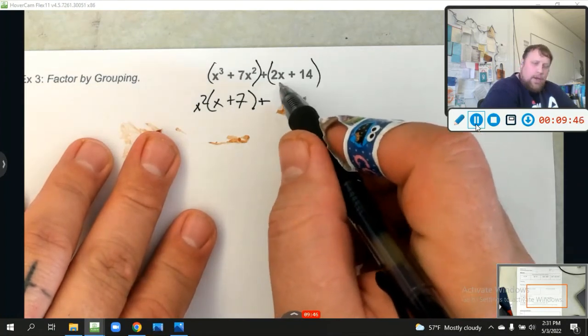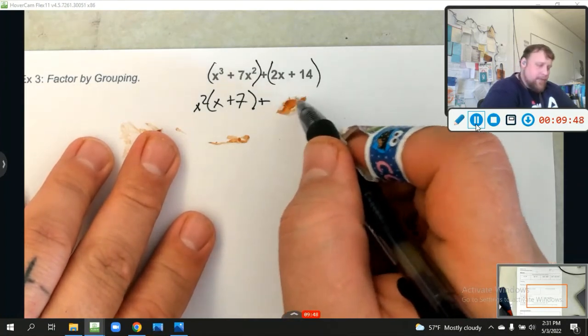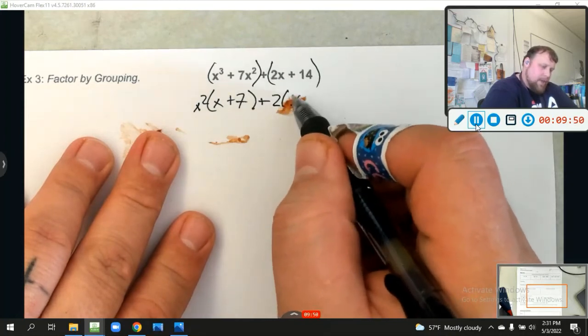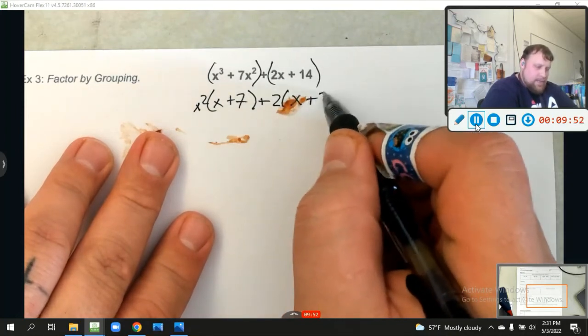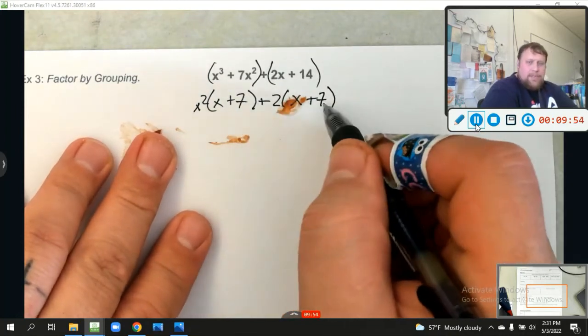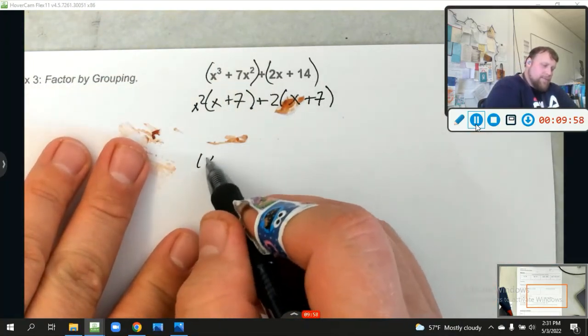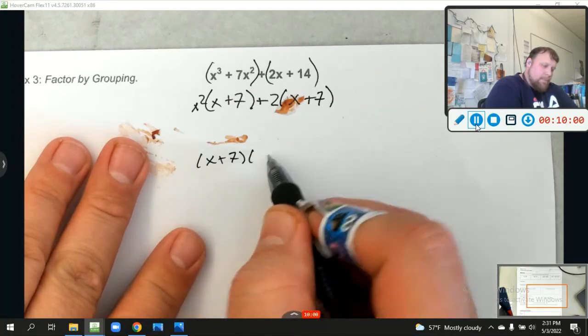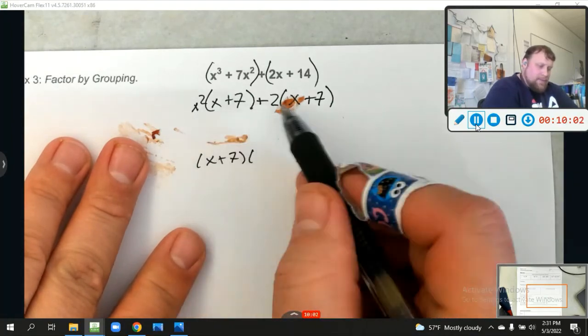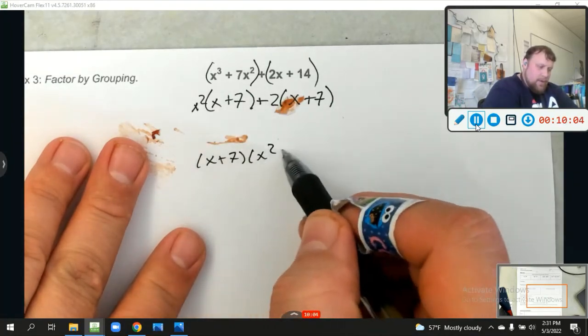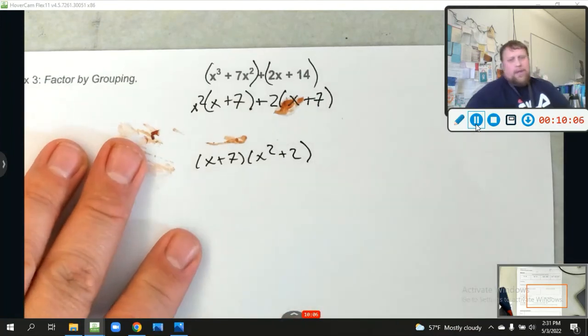It's all good. What can I take out of a 2x and a 14? A 2. And I'm left with x and a plus 7. Look at that. They both have an x plus 7. Watch this. Now I can factor that x plus 7 out and multiply that times the x squared plus 2. Boosh! And that is your fully